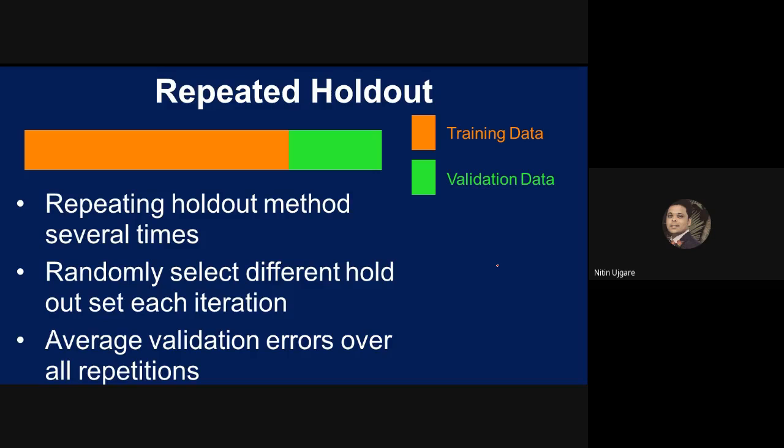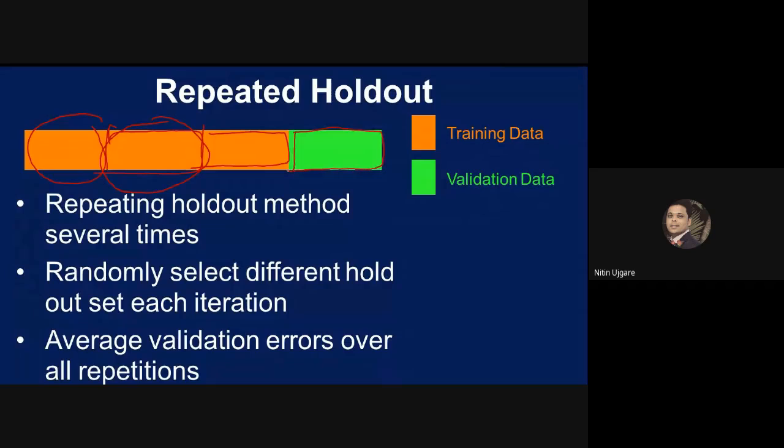So maybe in the first iteration we have taken this part of the data set as the validation. In the second iteration we choose this fold of the data set as a validation data set, and the remaining data set will be used to train the model. In the third iteration we choose this, and the remaining data set is available for training.